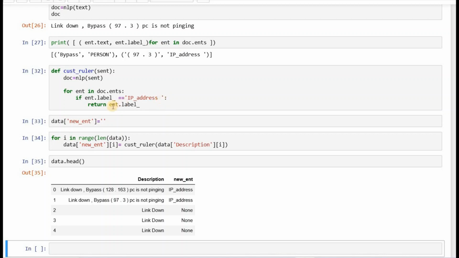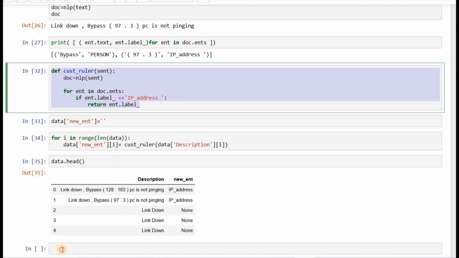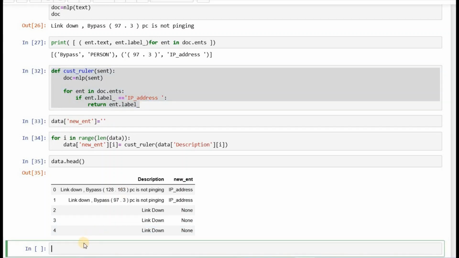Okay, so we have identified the entity IP address. If we want, we can also identify what the IP address is. We can do that by writing the same rule here.